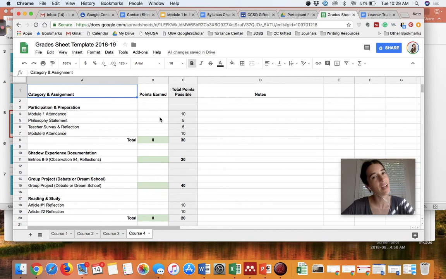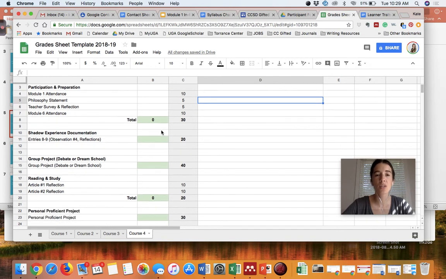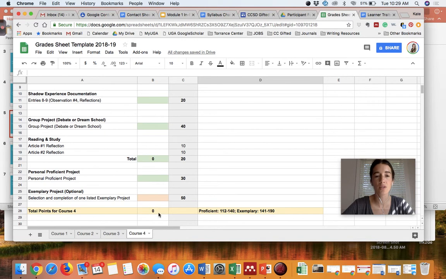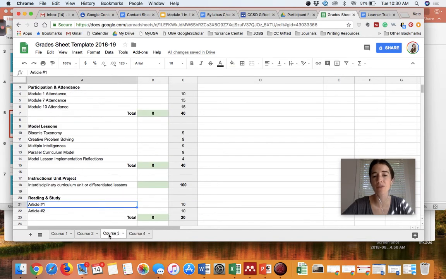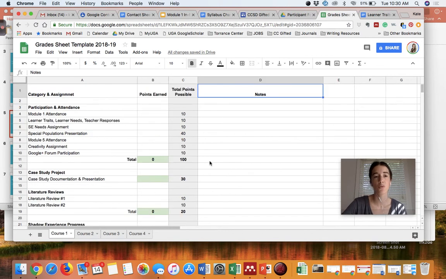You are not going to have editing rights to this document, but you'll be able to view it. Some of the notes might be my feedback or just a comment to you, so make sure you check that. And you'll see as you progress the total points accumulate at the bottom. Each course has a different range of points in terms of what level or threshold you reach proficiency at, which is what you need to pass this course to reach your endorsement.